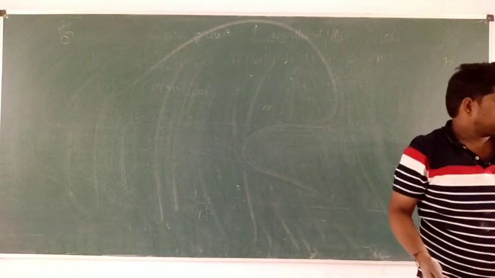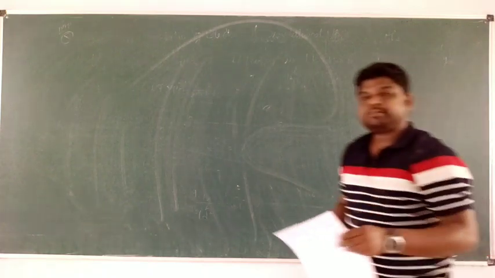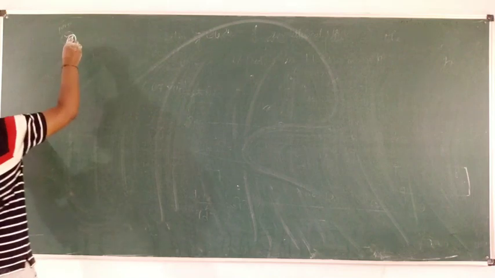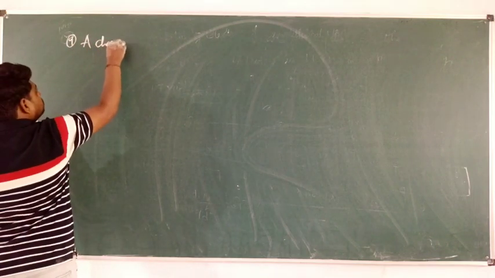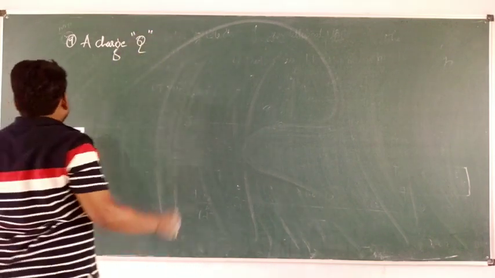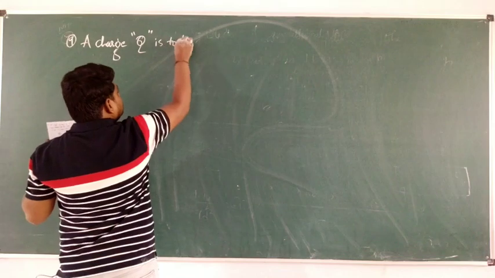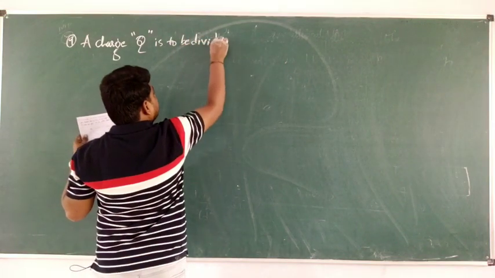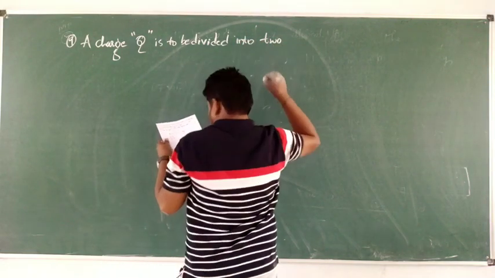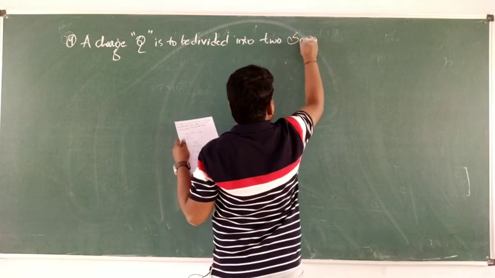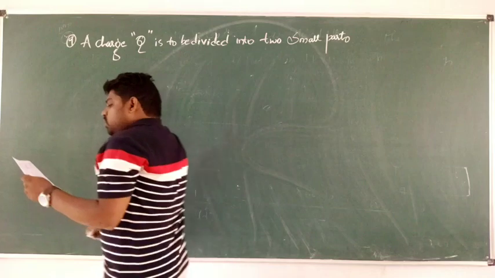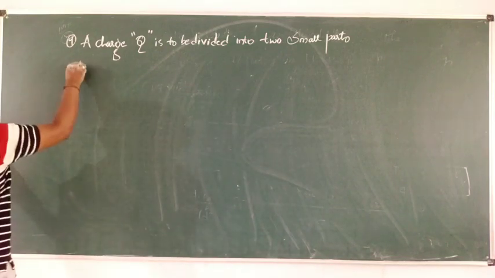See, this is the last question. The question is very much interesting. The question is, a charge Q is to be divided into two small parts. What should be the value of charges